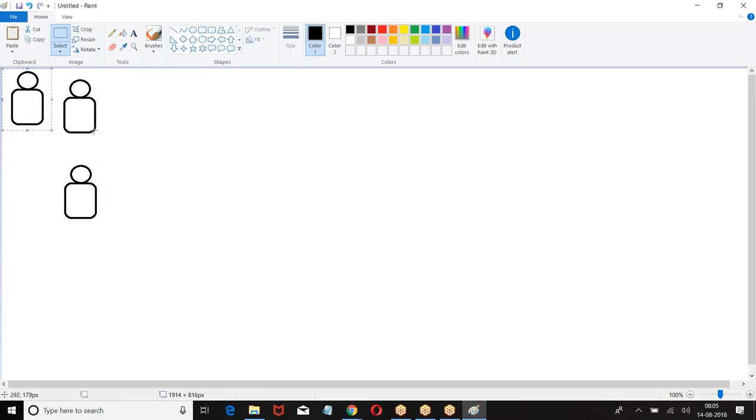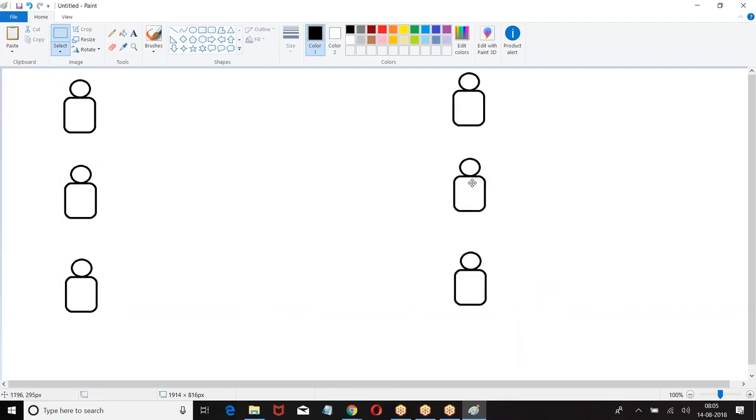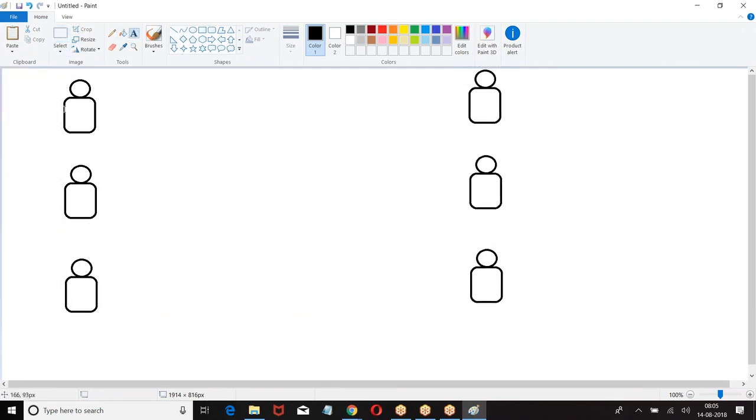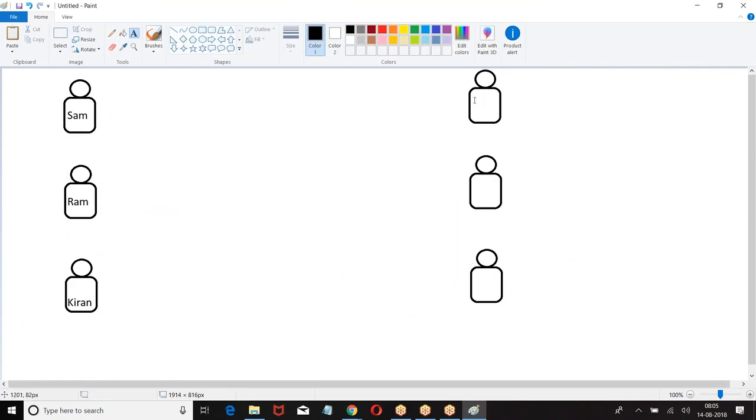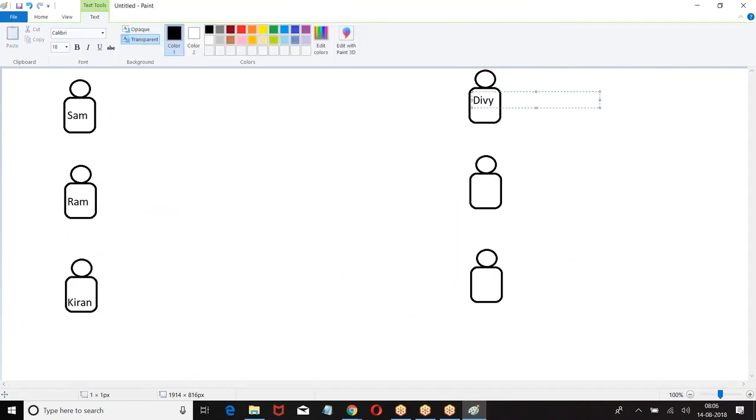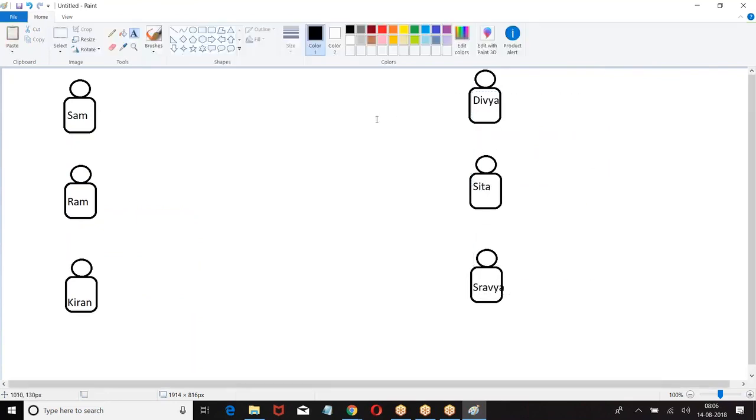First, get the concept, then we go for technical terminology. Now, these are the group of people.